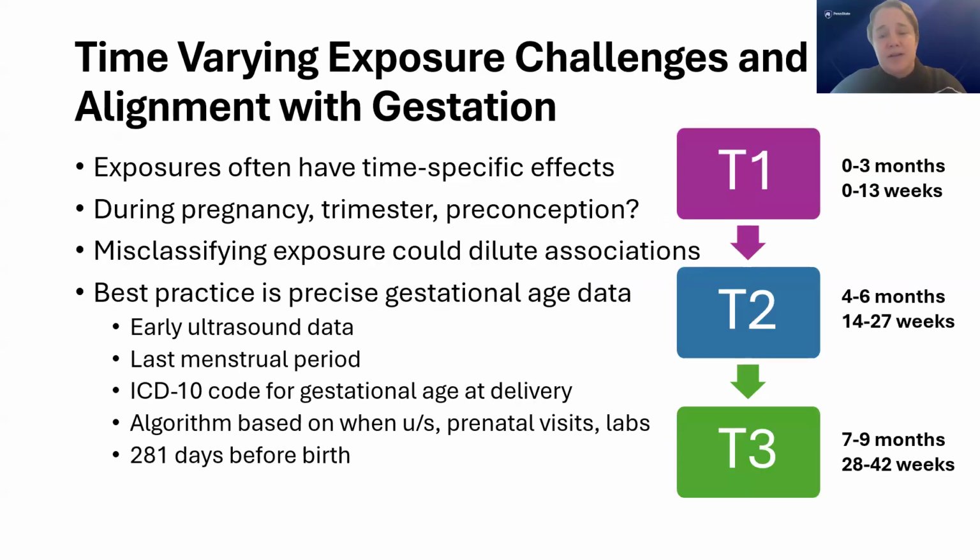One of the biggest challenges in perinatal epidemiology is handling time-varying exposures and making sure that they're aligned with gestational age. So looking at this figure again, pregnancy is oftentimes defined by trimester. So these are the first 3 months, the next, and the final over a 9-month course of pregnancy. But exposures could be happening at any point, and they could be either longer in duration or more acute. So trying to match up your pregnancy timeframe with your exposure timeframe is important and very challenging.